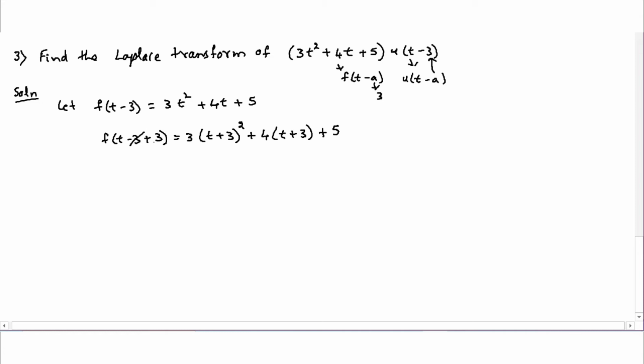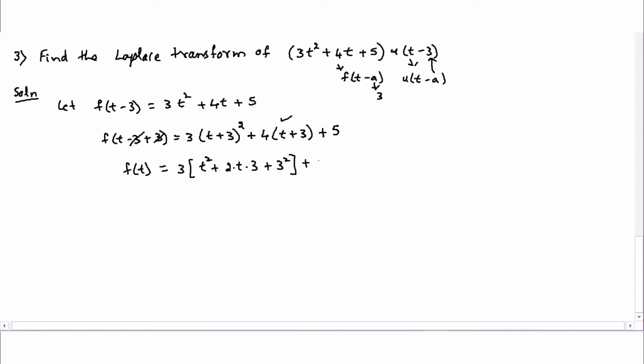So here this minus 3 and plus 3 will get cancelled. You will be getting the value as f of t is equal to 3 times, this is in the form of a plus b whole square. You can just use the formula a square plus 2ab plus b square, so a plus b whole square,